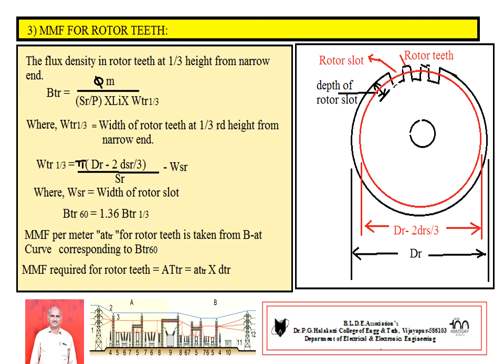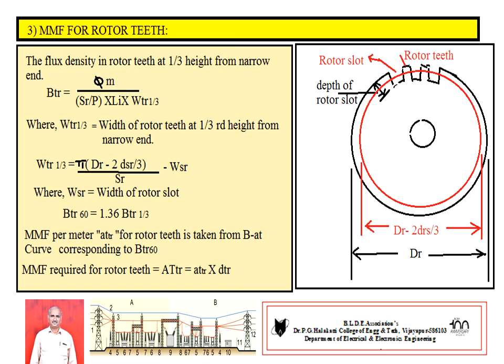Then you draw the diagram of the rotor side. DR is the diameter of rotor and rotor teeth. Rotor teeth is also tapered. From 1/3 height, this diameter becomes DR minus 2 DRS divided by 3. So once you calculate the width of rotor teeth at 1/3 height, then you substitute this value for calculation of